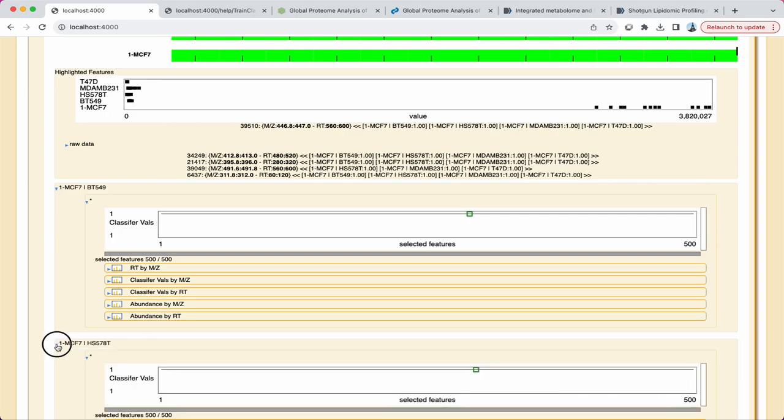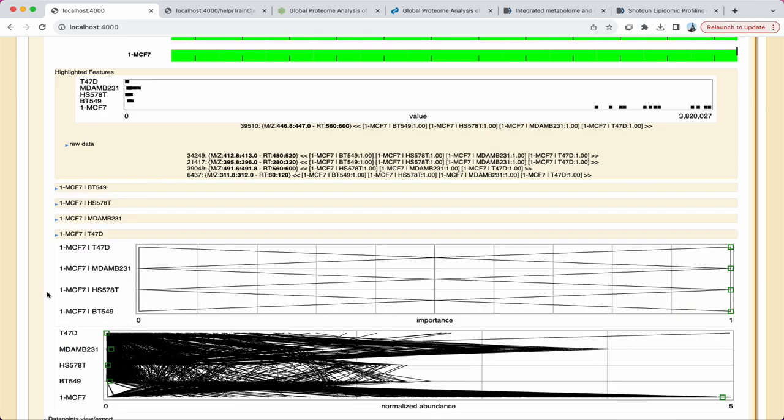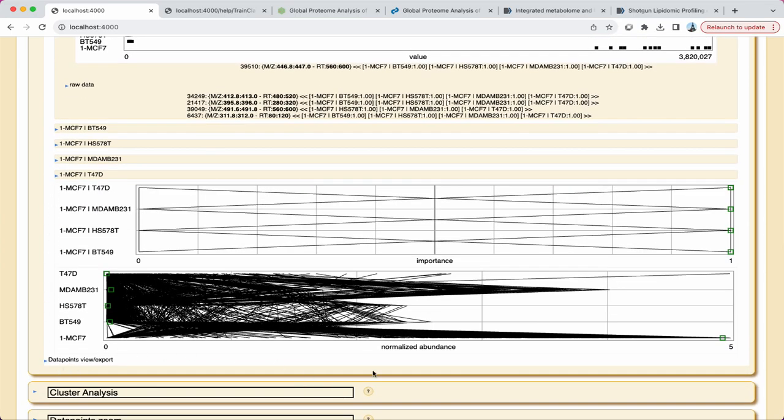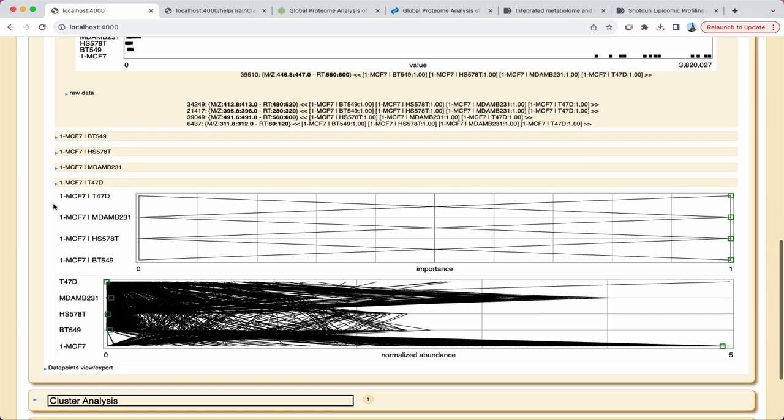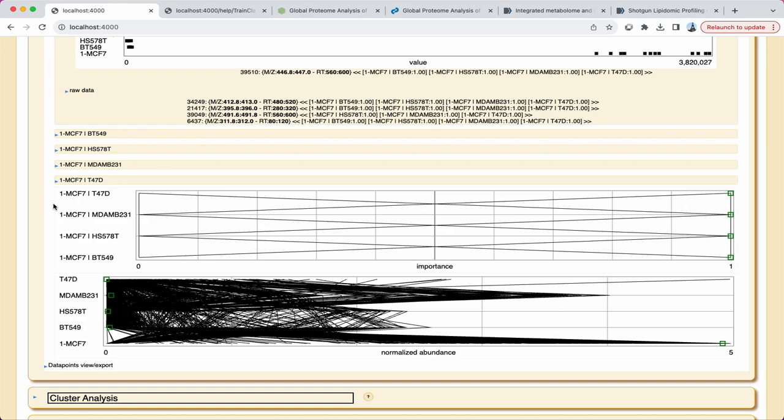The new tools are parallel axes plots of classifier value scores for each data point across each pairing, as well as average abundance values for each data point across all outcome categories, in this case, the different cell lines.